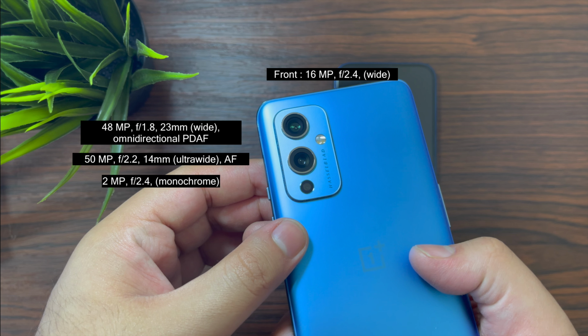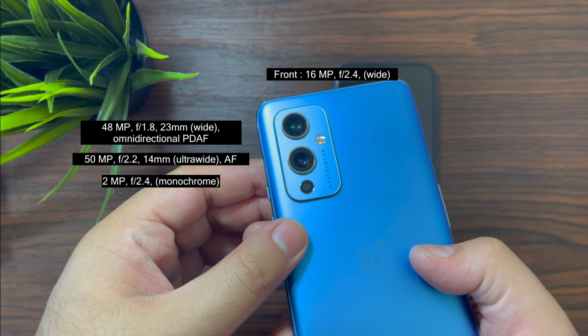Apart from that, you get all the modes which you get on the OnePlus in the iPhone. So you have the night mode, video, obviously you have photo, portrait, panorama, slow-mo, all of that. It's all there, except that OnePlus has got this tilt shift mode, which is pretty interesting. Apart from that, it has got its own Hasselblad partnership, which is expert mode, which is also extremely interesting. You can toggle everything right from the ISO to the white balance in the photograph, which really gives you a lot of power. Apart from that, both the phones are pretty much the same. The OnePlus goes a step further and gets you macro mode. So we'll look at that as well.